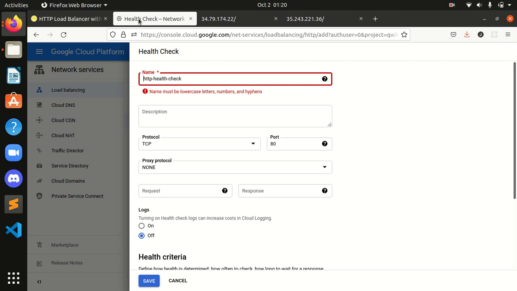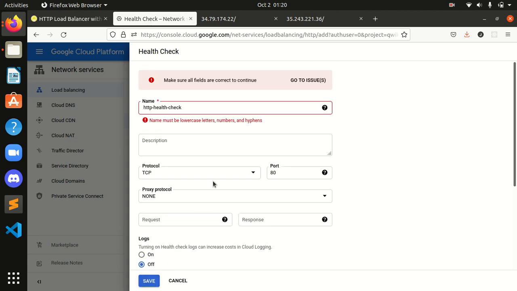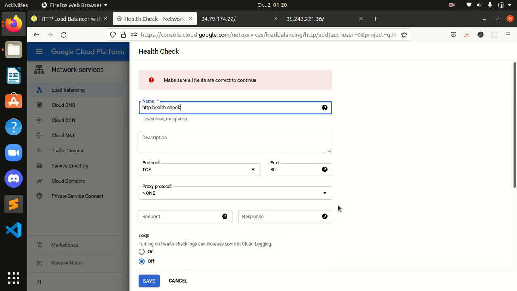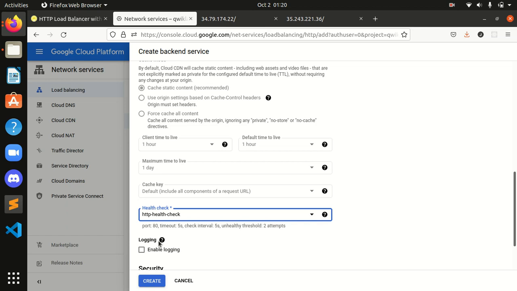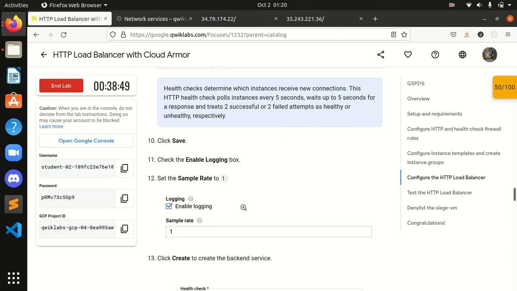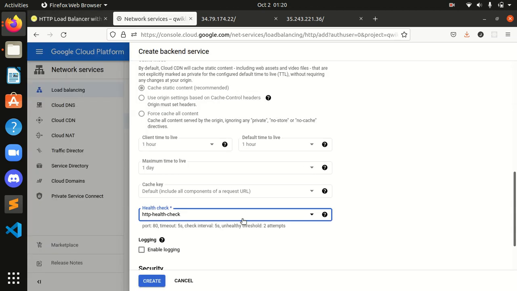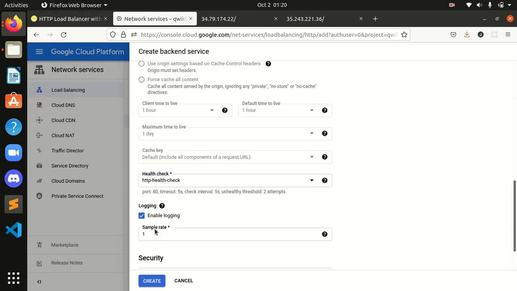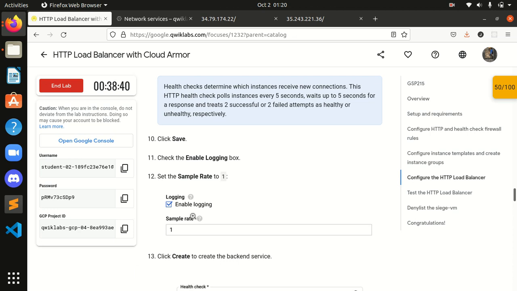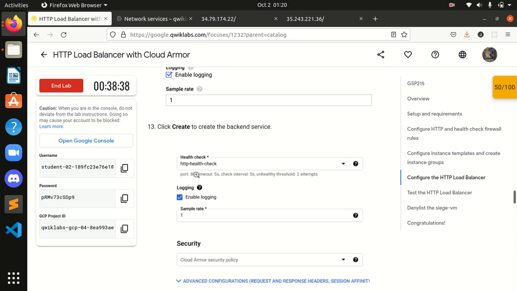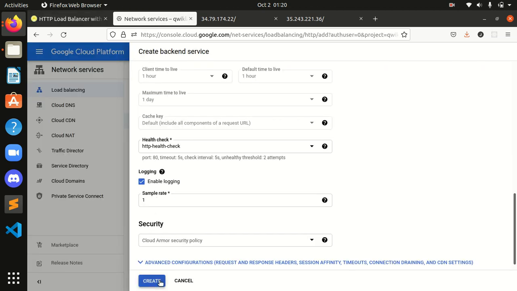Click save. Now I will click save over here and after that check the enable logging box, set the sample rate to 1. Enable logging is checked and sample rate is already set to 1 guys, and after that click create to create the backend service. I will click create.